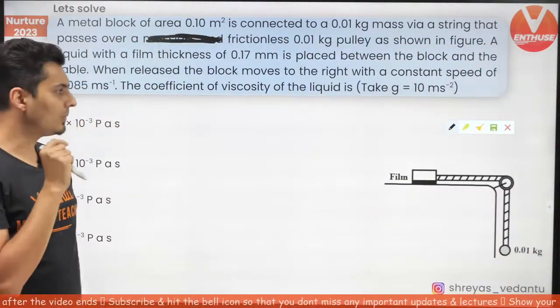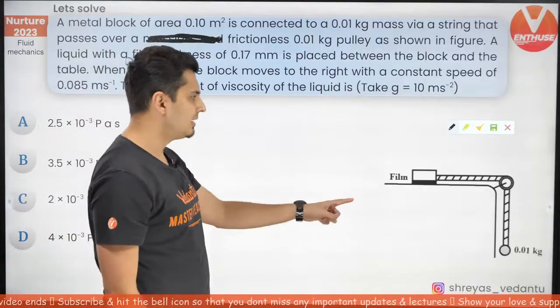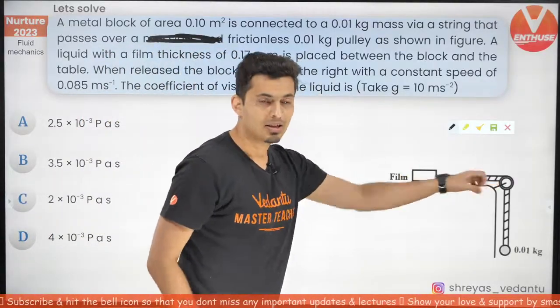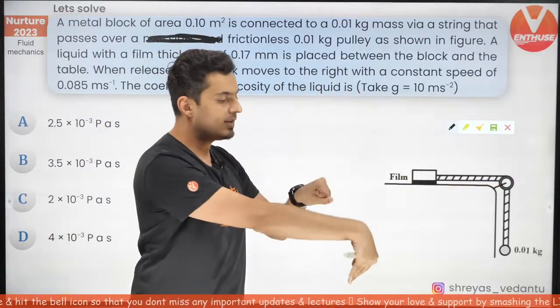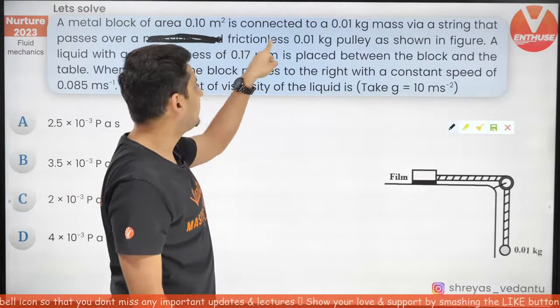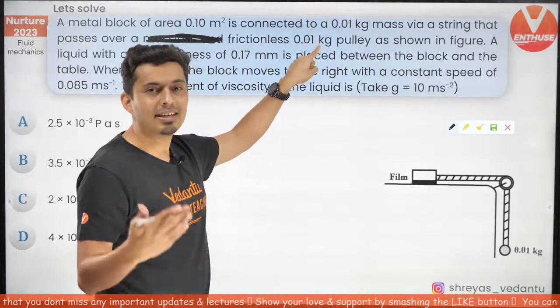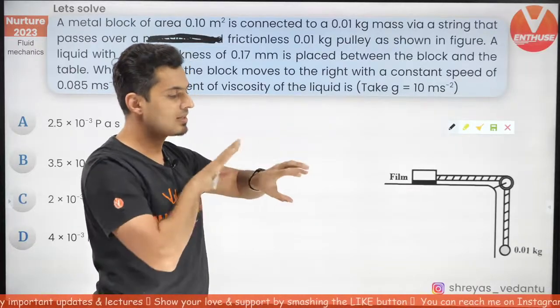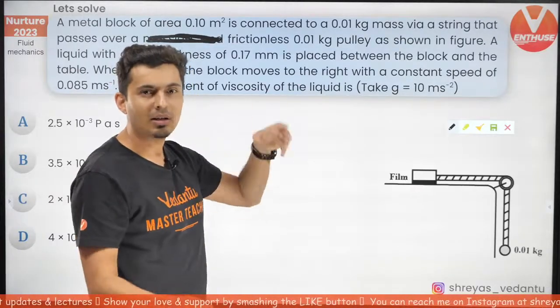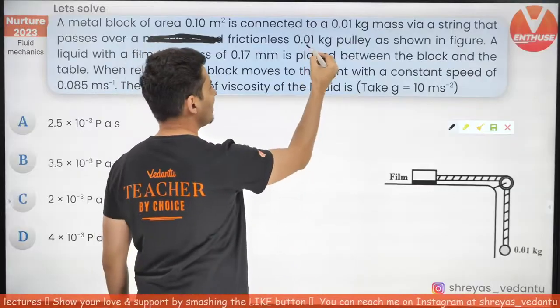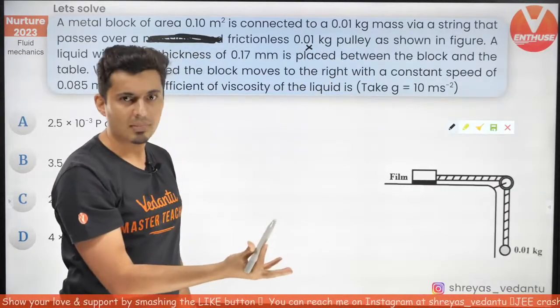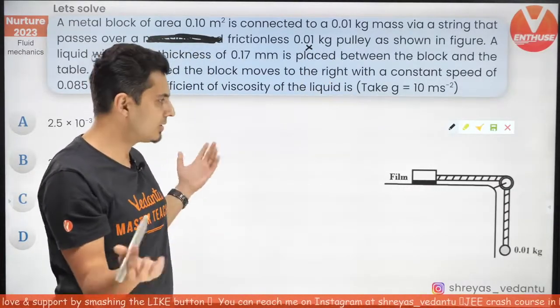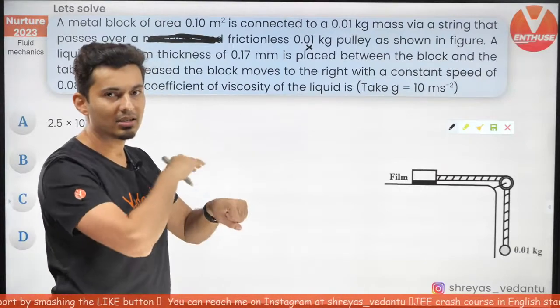Here is what you need to do. First, understand this pulley is frictionless. The rope is traveling over it. So even though the pulley has mass, it really doesn't matter because the pulley is not even going to rotate. It's frictionless. The rope is just going to slide over it. So this mass over here, I don't care. Make sense? Frankly, I really don't care because the pulley and the string are just going to slide over each